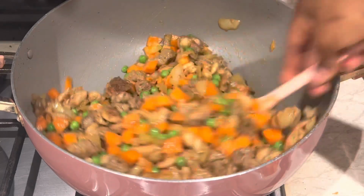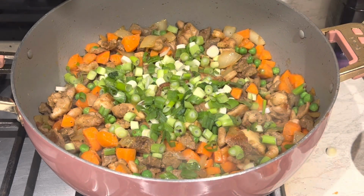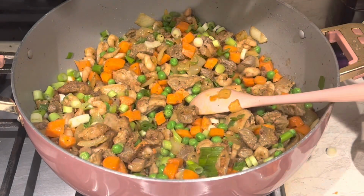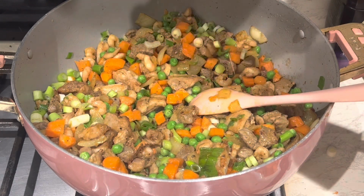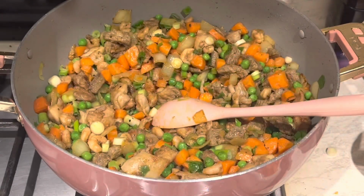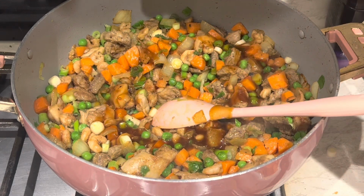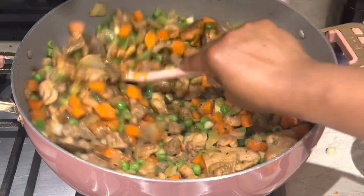Right guys, so I'm going to add my spring onions. Oh my goodness, spring onions also make it taste absolutely delicious. You know, you have to add that as well. Oh, it smells so good. I'm adding some sesame oil. The sesame oil also gives a lovely taste. And also my stir fry sauce is mostly oyster sauce and some spices. You have to add it to your fried rice. It makes it taste so nice. Right,